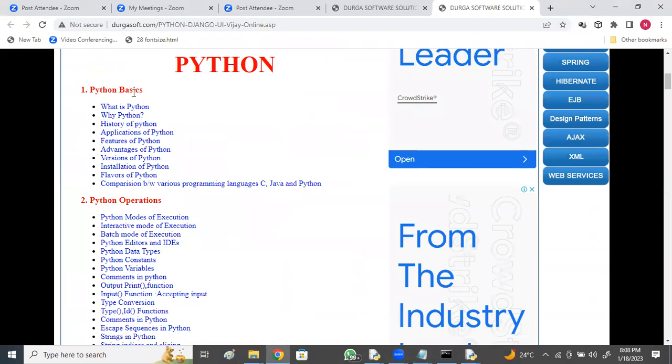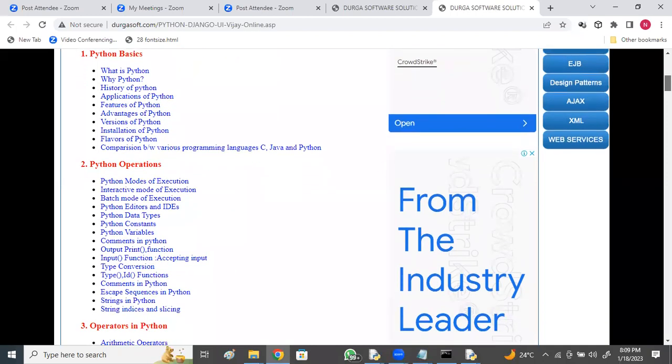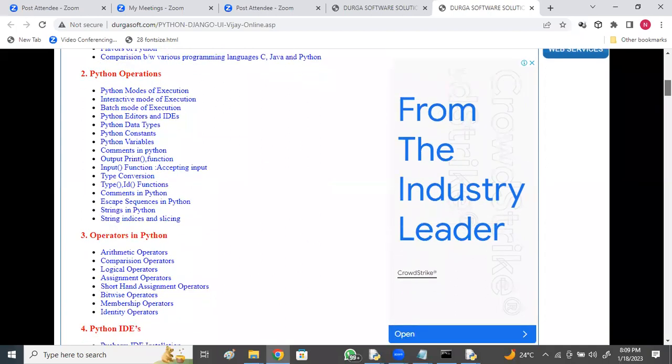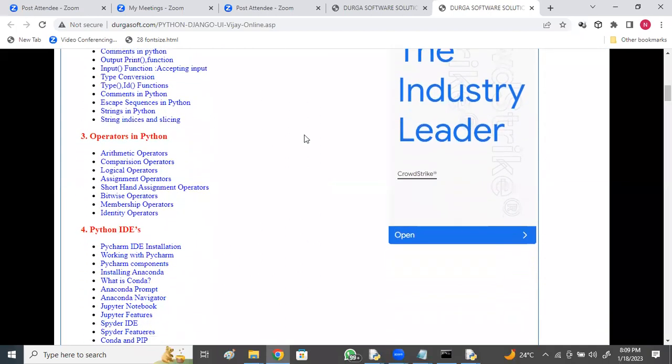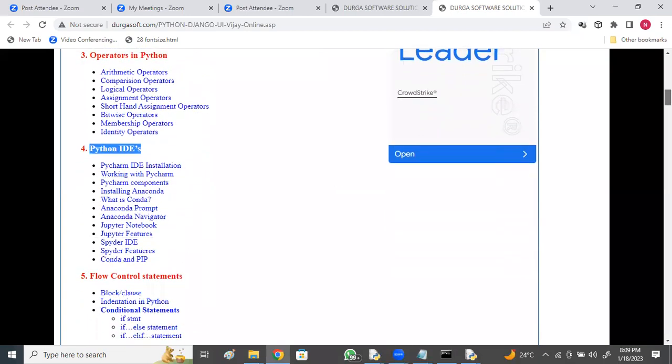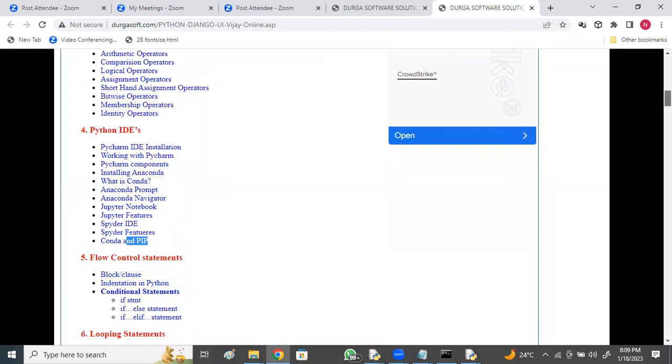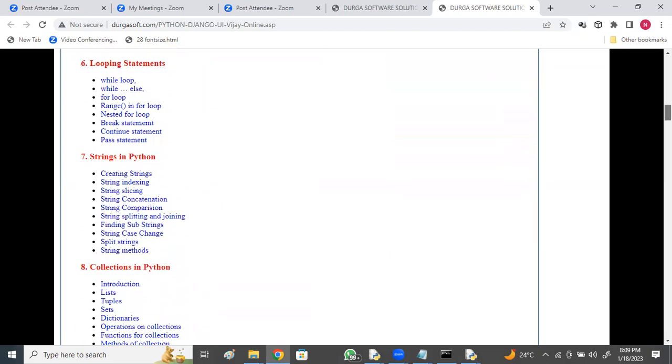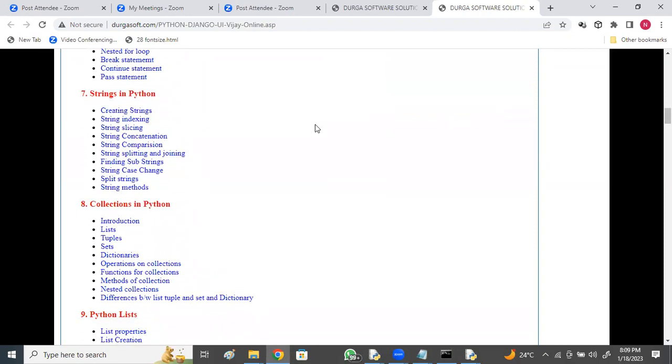So you can see the syllabus of this. You can see that we discuss a very huge syllabus, right? Python basics, operations in Python, various operations, data types, constants, variables, comments, input, output, typecasting, IDEs, operators in Python. Working with Python IDEs, different IDEs like Anaconda Prompt, Anaconda Navigator, what is Conda, Jupyter, Spyder, Eclipse, flow control statements, looping statements, strings, indexing, slicing, functions, collections in Python: list, tuple, sets, dictionaries, their operations, each and every